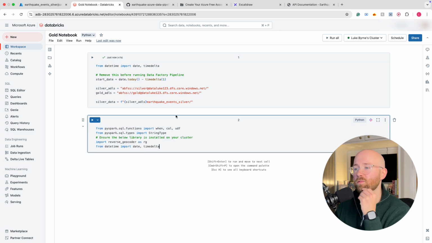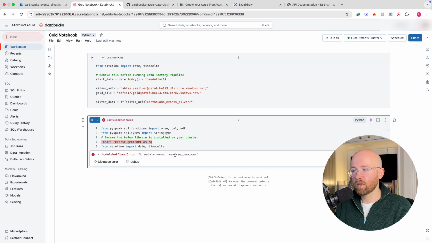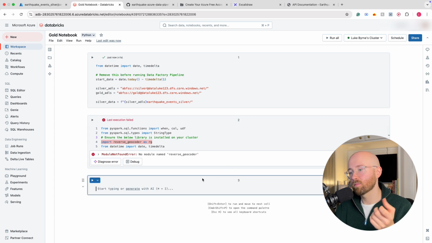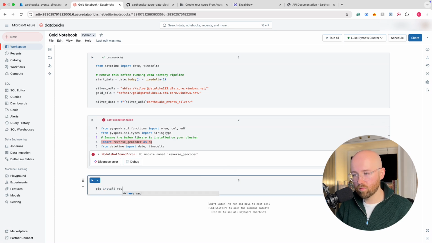So you can see that we have a library that we're not used to having. It's a new library, which is this reverse geocoder. If we click play here, you'll see it will error because it can't find reverse geocoder, because it's not a library that just automatically exists within Python. It's an external library. So because it's Python, we could possibly pip install reverse